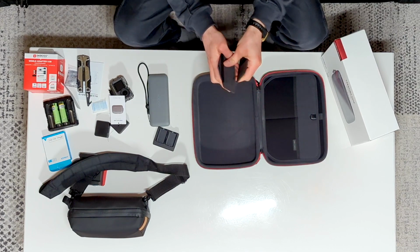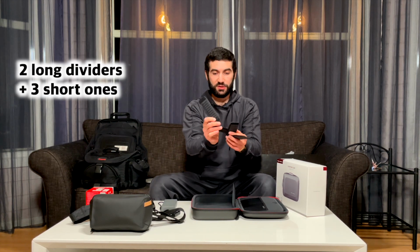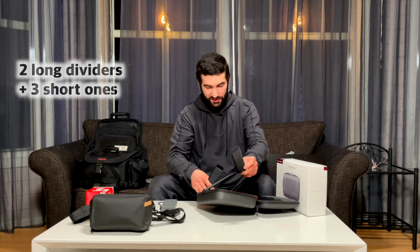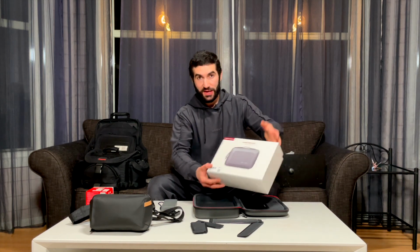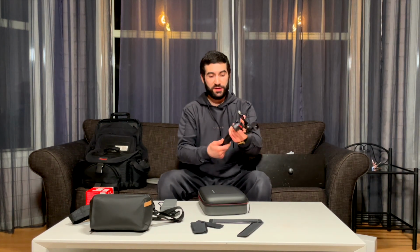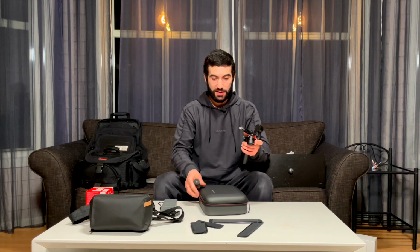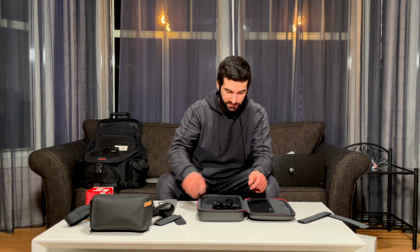Oh sorry, what a good surprise. So you have 2 long organizers and 3 short dividers. Excellent, just excellent. I'm not sure if I'm more excited about this PGY Tech Organizer or with this drone carrying case, and that is really a case because here is also a handle. And let's try to fit my Zhiyun Crane M2 inside this organizer, and it fits,